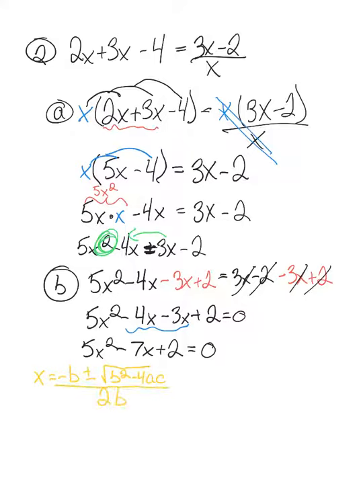So plugging in these numbers, this is b, a, and c, we get 7 plus or minus the square root of b squared, which is 49, minus 4 times 5 is 20, times 2 is 40,